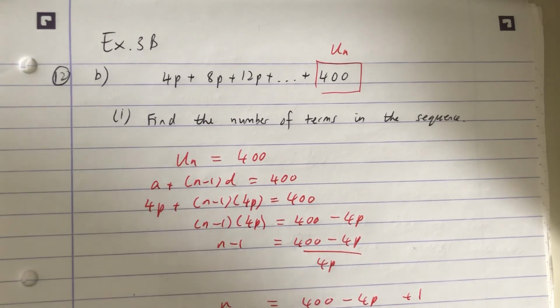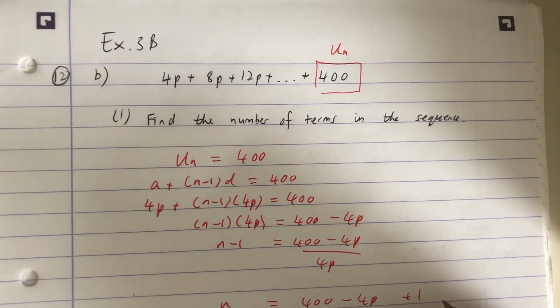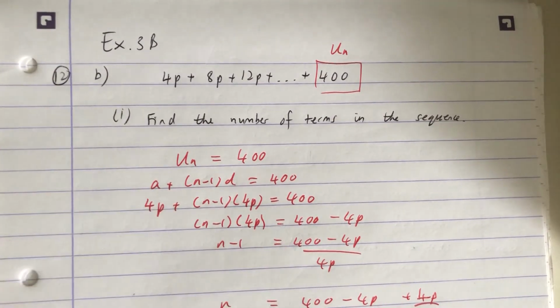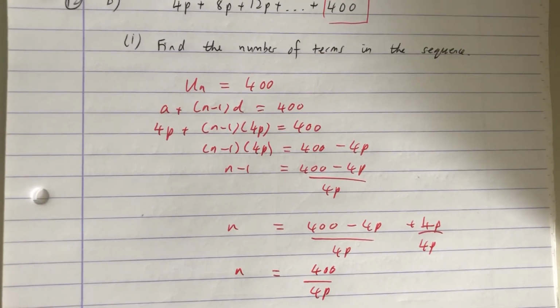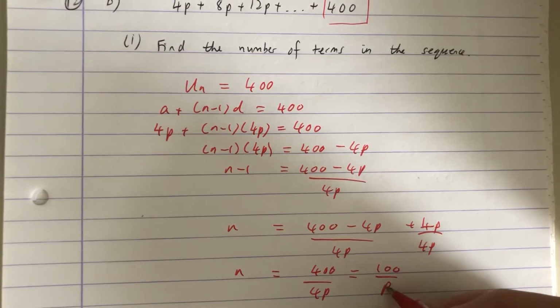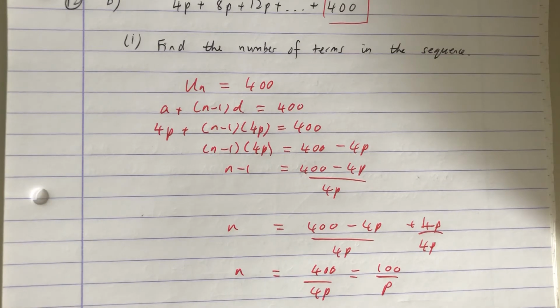And if you actually simplified this, wrote this as a fraction as well, it would be 4p over 4p. And the 4p's on the top would cancel out, and you'd be left with 400 over 4p, which is the same as 100 over p. And that would be it for that one. Now part 2